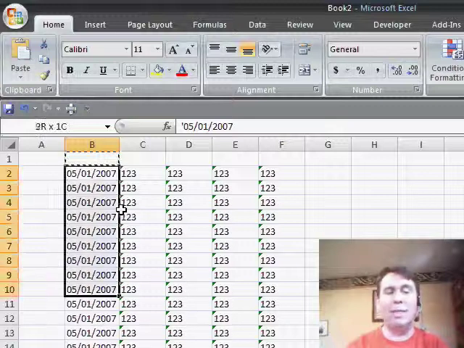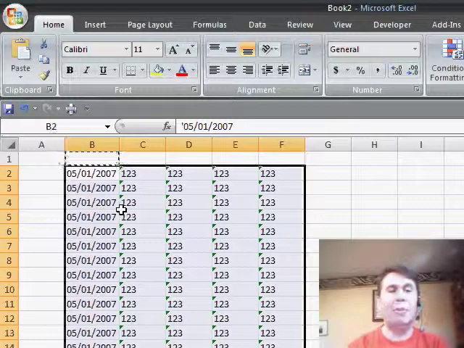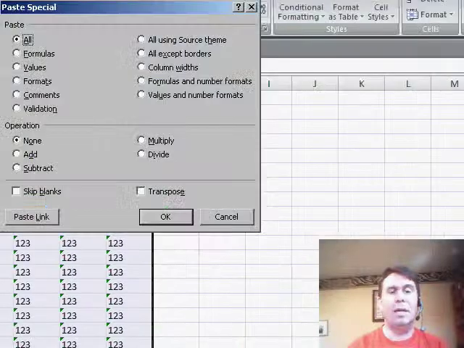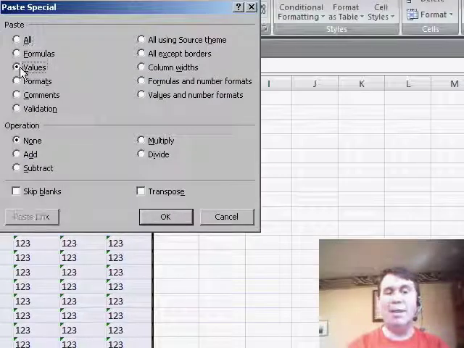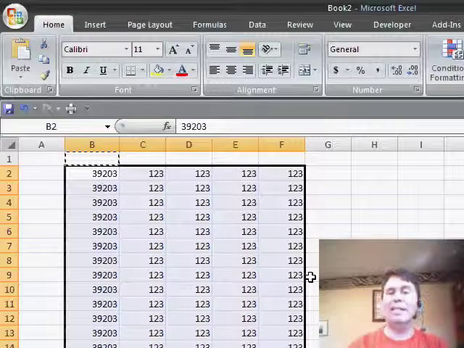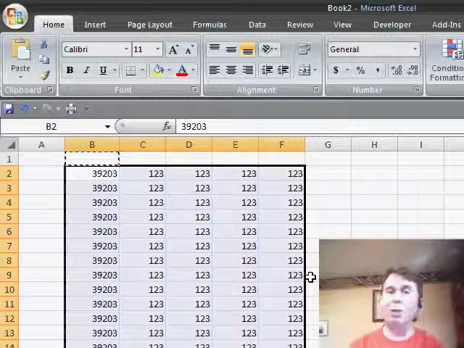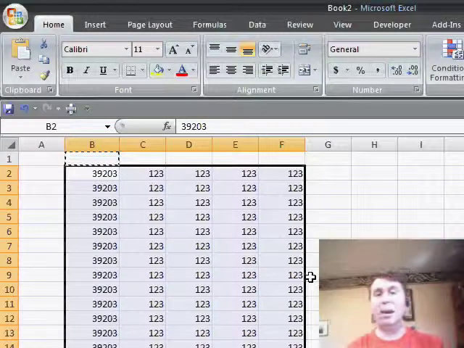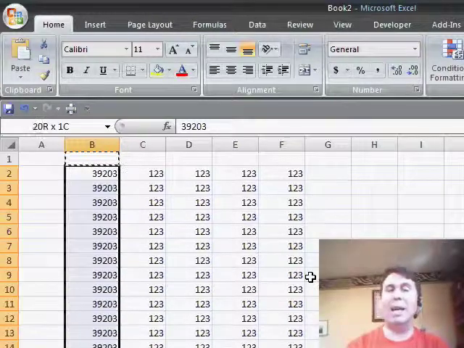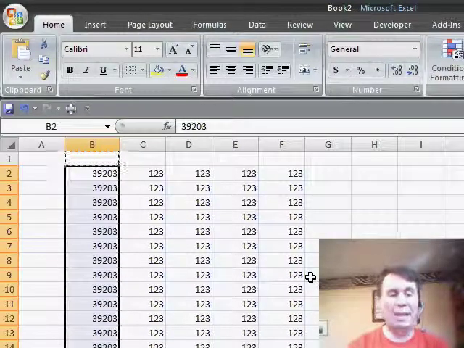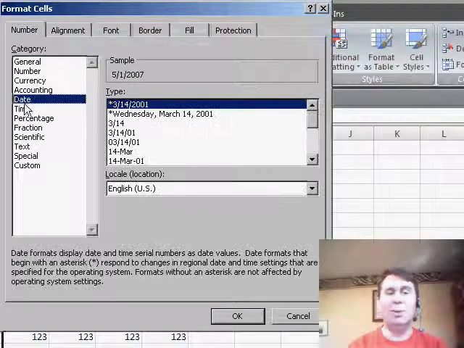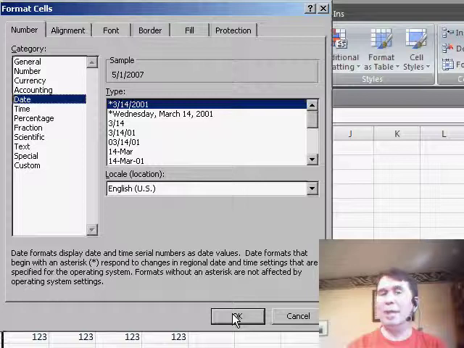Now I select all of my cells that are text, and I'm going to use Paste Special. I'm going to paste values and then add. Click OK, and instantly all of my text fields, both the numeric fields and the date fields, are converted to real values. Unfortunately, the date field is now shown as a serial number instead of a date. I'll have to go into Format Cells. Control-1 is the fast way to do that,